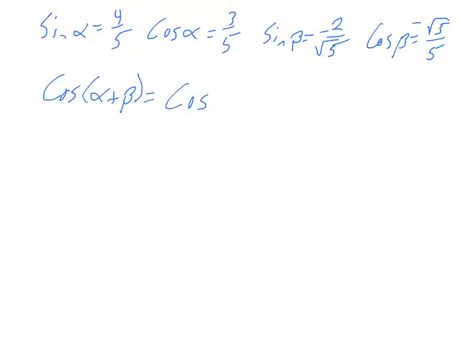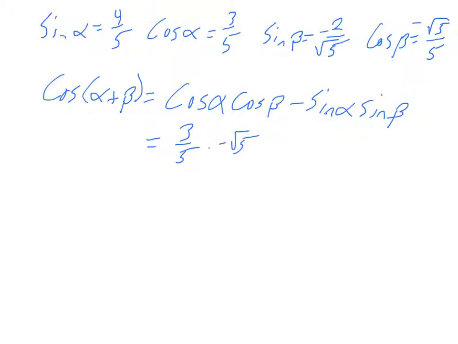cosine alpha sine beta minus cosine beta. I'm sorry, that's not what it is. Sorry, it's cosine alpha cosine beta minus sine alpha sine beta. Or did I ask for cosine, right? Yeah, cosine alpha plus beta. And so cosine alpha is 3/5. Cosine beta is negative square root of 5 over 5 minus sine alpha, which is 4/5, times sine beta, which